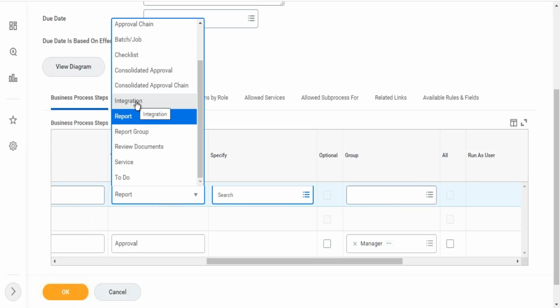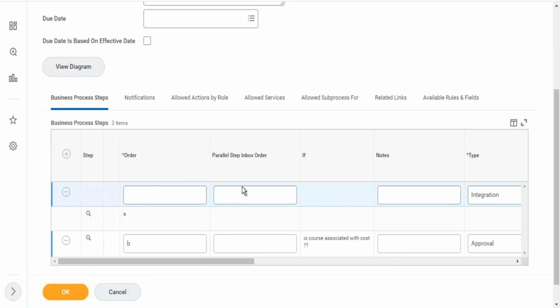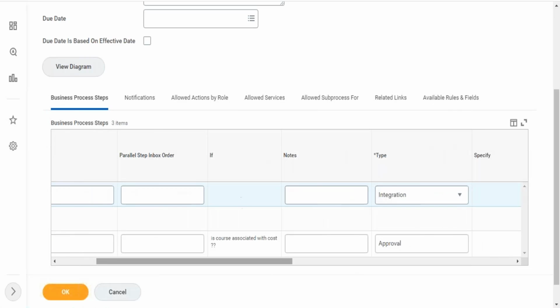Now, about integration: if you create any integration and click OK, it will ask you to configure that integration. When the business process is triggering, the integration will be triggered automatically. When you're attaching an integration, it will not run through a scheduled process or a manual run. It will run through the business process. As an example, let's say we are creating enroll into the content. This is not the actual case, but I'm saying it just for understanding purposes. Now if you have created an integration and clicked on OK,